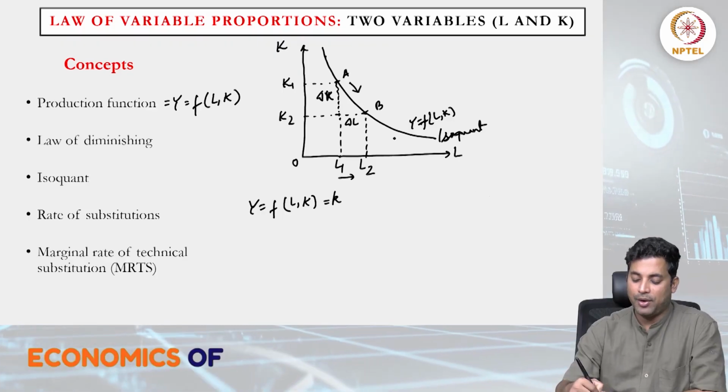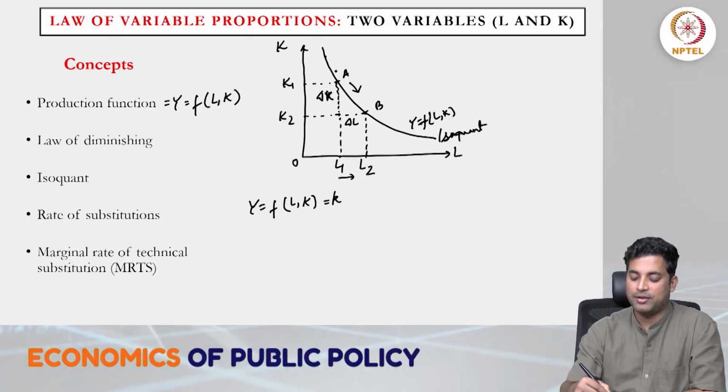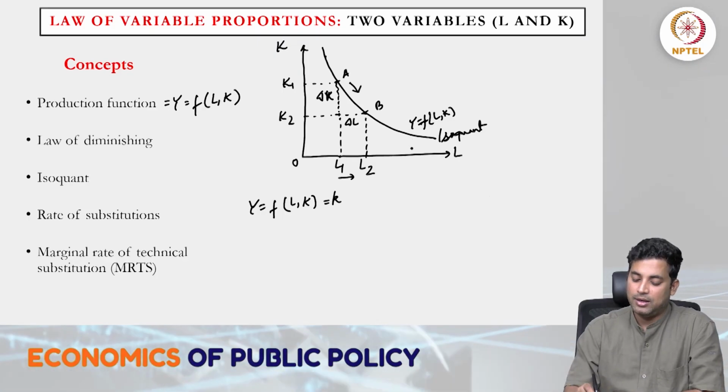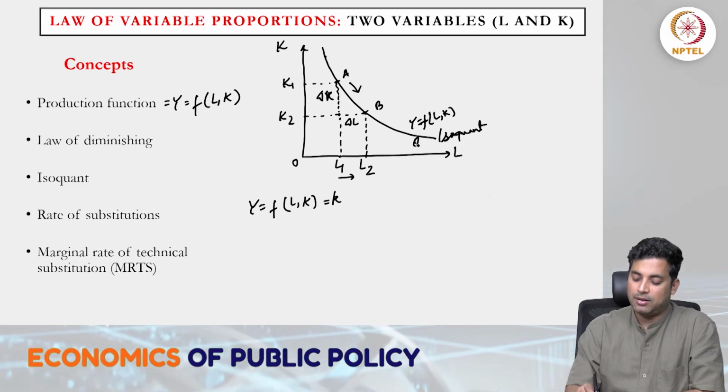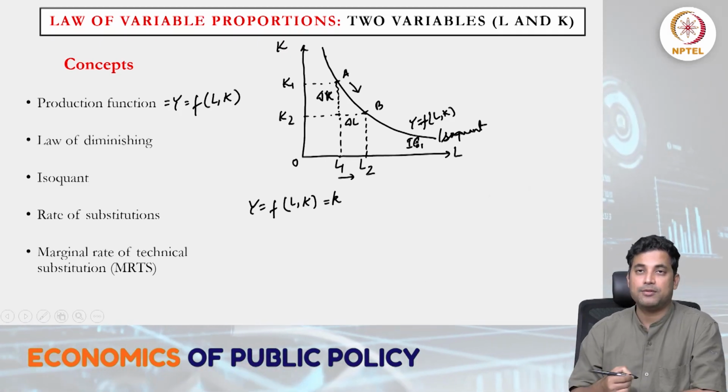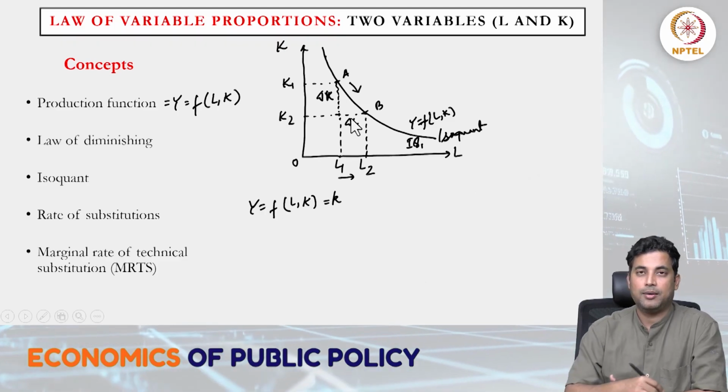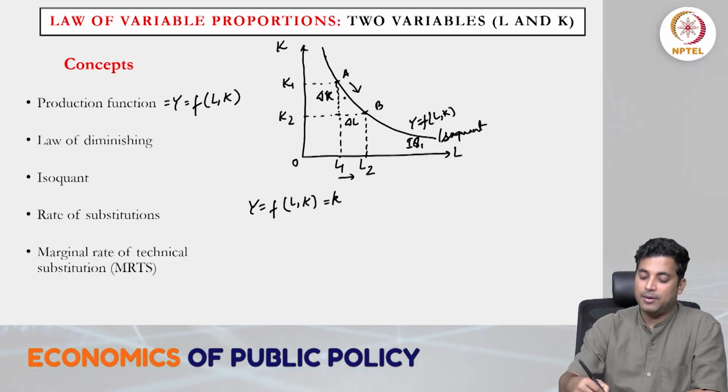Any point on this production function, on this isoquant curve, say IQ1 curve, all the production will be